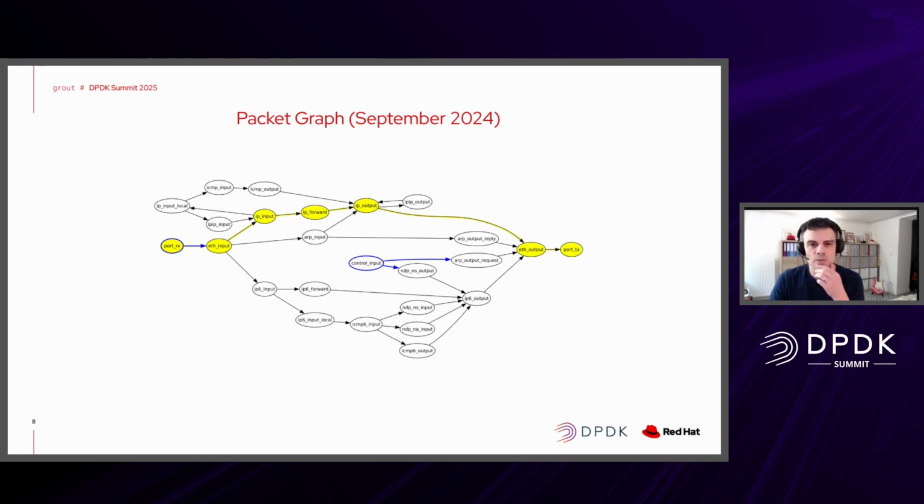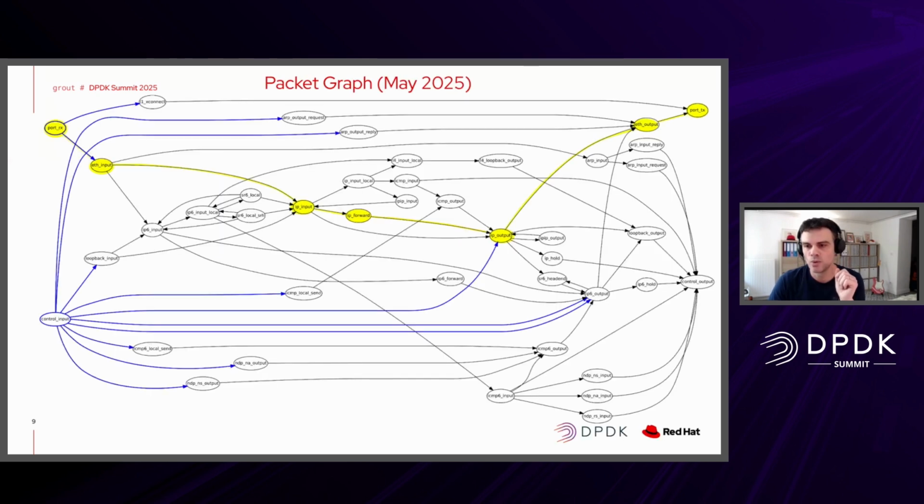Right. So this was in September, the graph with the highlighted path in yellow, like this. So it was pretty simple. I have excluded all the error nodes, so this is the simplified view. And this is where we are today. So it's a bit more significant. At some point, we will need to stop displaying these graphs, because I think it will become too complicated. But anyway,